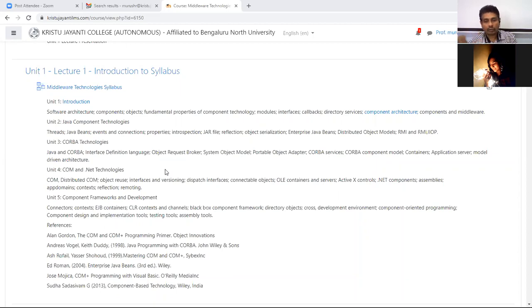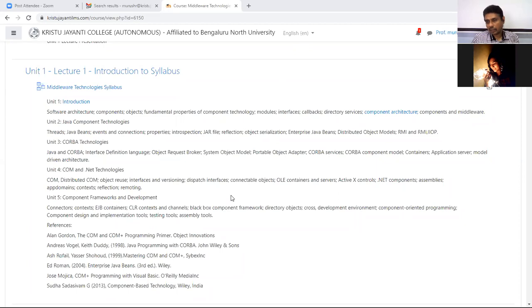And along with that, there are a few concepts related to this particular COM that we'll be discussing, such as how to reuse your objects, so reusability, and then interfaces as well as versioning. Versioning means each and every release has a version number, right? So 1.1, 1.2, or maybe 2, 3, 4, like that. They'll be releasing various versions. So how can we version the various components that you're trying to release into the market, on what basis will you assign versions, and whether you have backward and forward compatibility support as part of your component. All those things will be discussed under versioning.